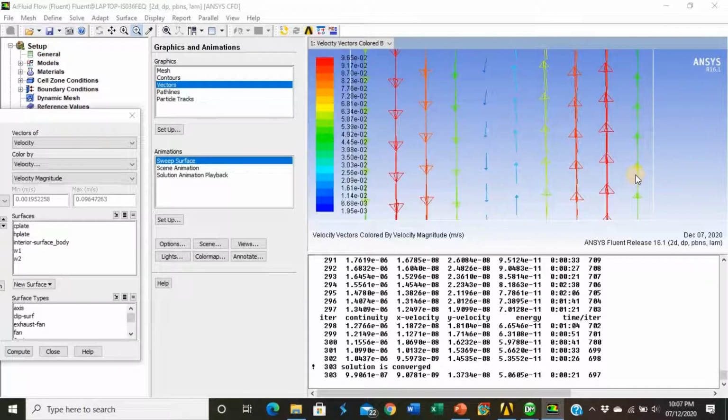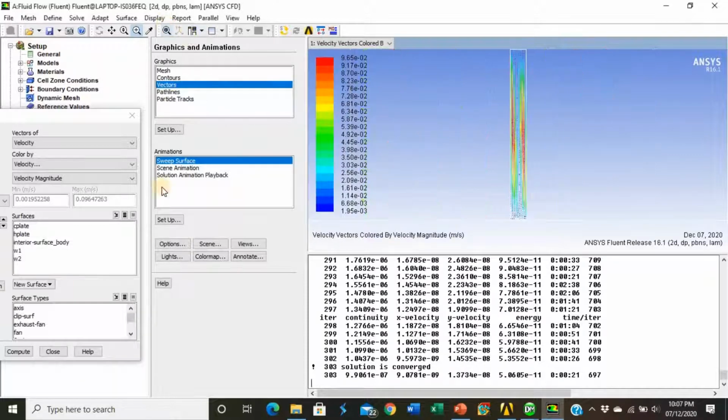As you can see, the vectors near the hot plate are going up, while the vectors near the cold plate are going down. While this is basically a transition, a different region between these. Here it is going up, while here it is going down. This is the mid portion between the plates. Now,